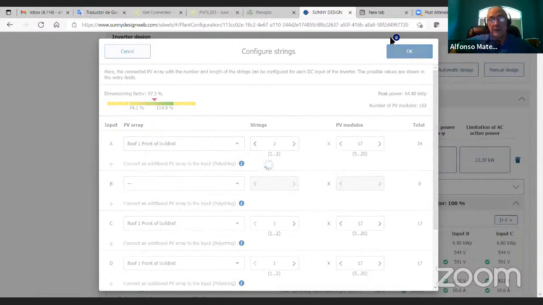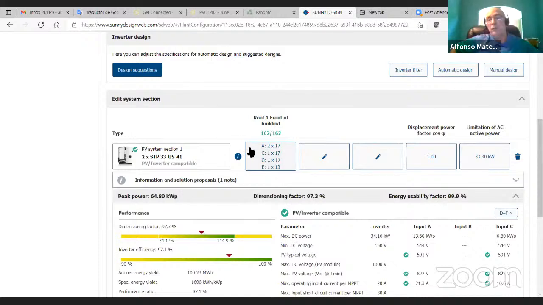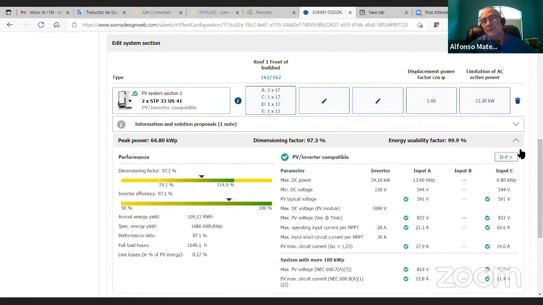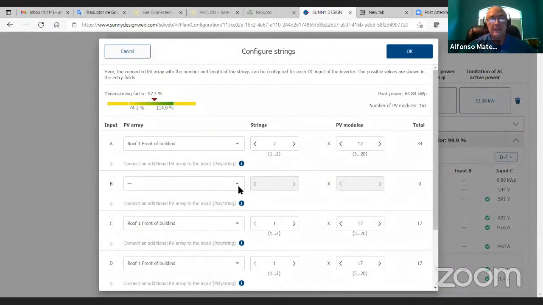So if I do this, I'm using now A, C, B, D, E, and the B is not being used, okay? But now see what's happening. I'm getting 21.3 amps, okay? And this maximum power point tracking channel is going to send only 20 amps. So I'm kind of losing some energy here. See, that's why I decided to use 2, okay? It is better to use the second one,